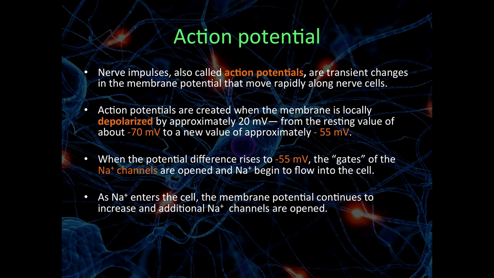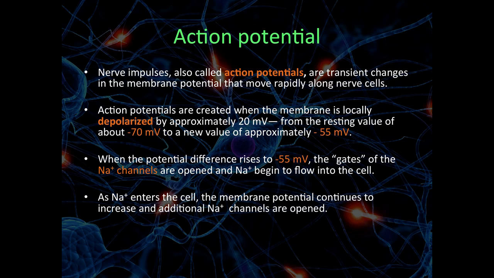Right, so the action potential. Nerve impulses, also called action potentials, are transient changes in the membrane potential that move rapidly along nerve cells. Action potentials are created when the membrane is locally depolarized by approximately 20 millivolts. Alright, so it goes from a resting value of around minus 70 millivolts to a new value of approximately minus 55 millivolts. When the potential difference rises to minus 55 millivolts, the gates of the sodium ion channels are opened